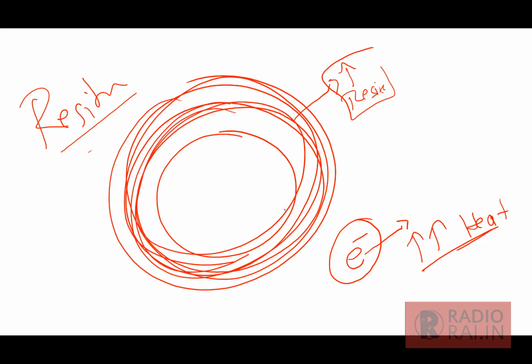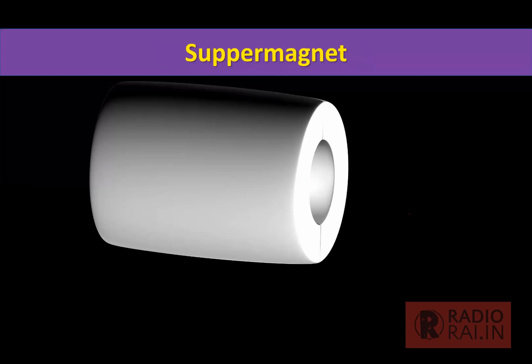They passed current through it, which started giving resistance: very high resistance and a lot of heat production. So it was requiring a lot of current. This kind of MRI is called resistive magnet MRI. And this kind of MRI failed because it required very high current, so very high working cost, and also a lot of heat was produced, which was causing a lot of damage to the machine.